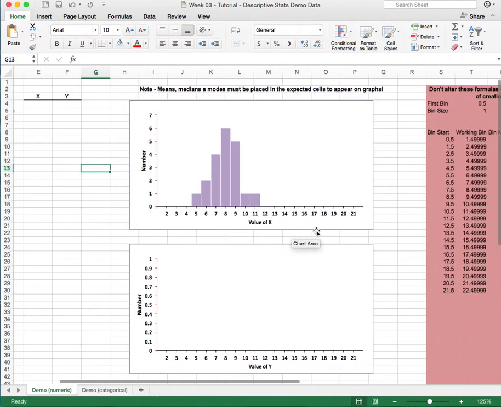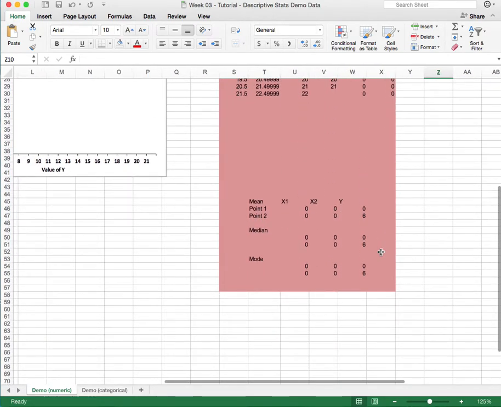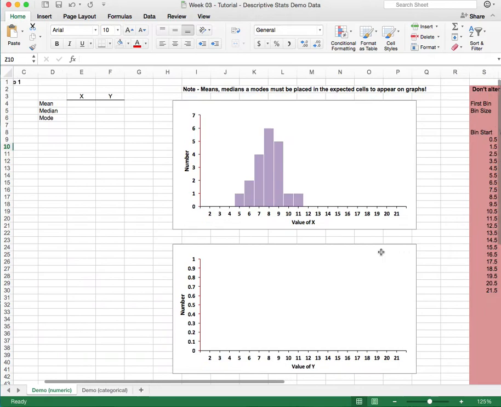Now, as you keep scrolling over here to the right, in order to work the magic to make these histograms automatically update as we change the numbers, I had to do a little bit of Excel magic over here. Now, I'm not going to expect you to know how to do any of this that you see here, and as I actually say, don't alter these formulas because this is the magic behind the curtain that is creating these histograms. So just leave this here as it is, don't move it, don't change it, and everything will work out